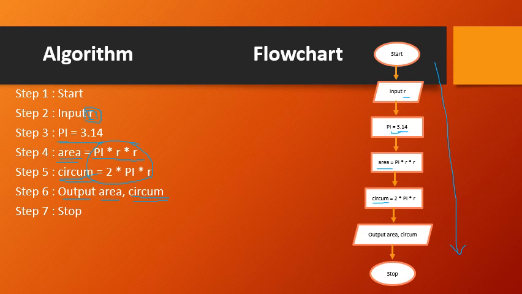You may see here the flow, how it is happening, either in the algorithm or a flowchart. It is sequential. There is a sequence. Each step is executed one after the other. We neither have a condition nor an iteration. So as of now in the simple examples, only the sequential part we are taking care of. Each step is executed one after the other. Okay, I hope these examples are understood, students.